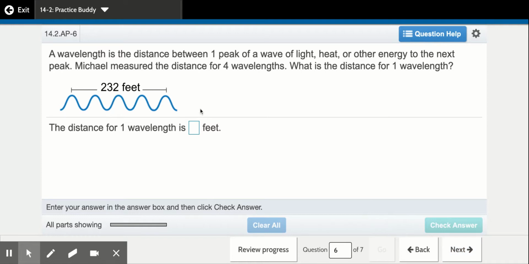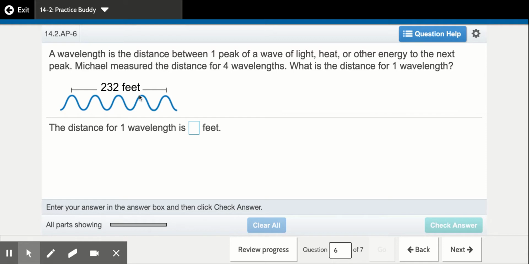This one I need to clarify that a wavelength is the distance between the peaks of two waves. So these are the peaks on top, and even though there's 5 peaks, 1, 2, 3, 4, 5, there are only 4 wavelengths because you have to count in between. This is 1 wavelength, 2 wavelengths,